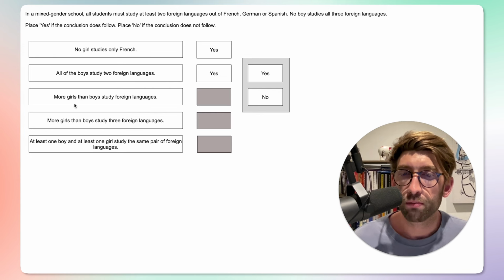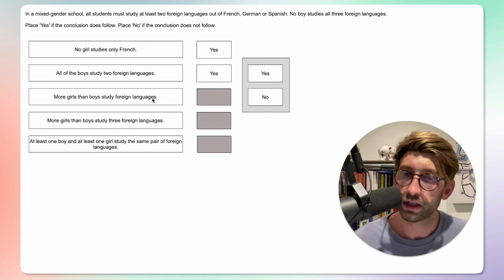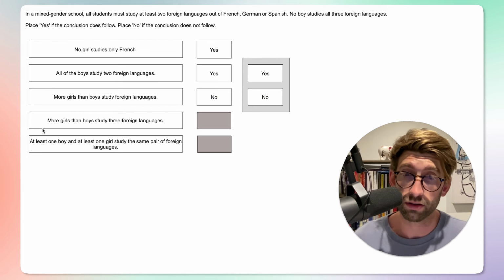Now let's see. More girls than boys study foreign languages. So it doesn't say anything about that. It doesn't say anything about numbers. It gives you no information whatsoever about that. So that's definitely a no. I don't need to go back to the question for that, because from understanding what has been said so far,